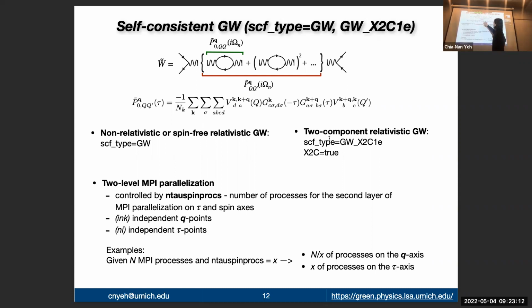And this is like GG, and you have this fitting integral on both ends. So for each Q, the equations are independent of each other. And for different tau, the equations are independent of each other as well. So we have an independent Q point, and we have N independent tau points. So once we specify this, we're going to have this number of processes along this axis, and then the rest of them we just assign to this, or we're going to split